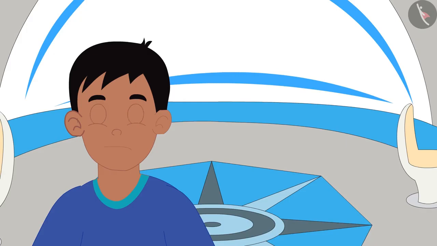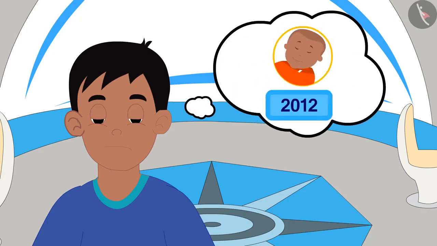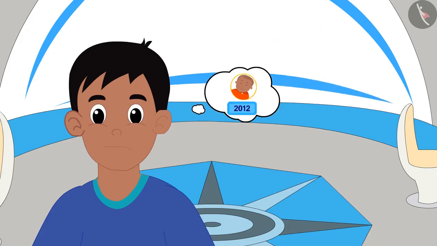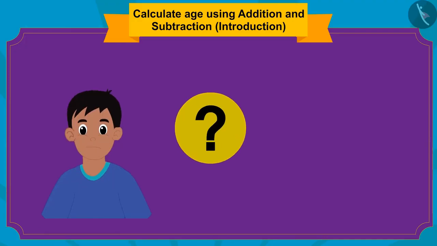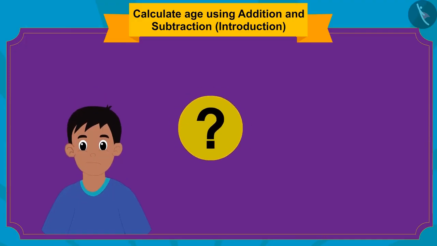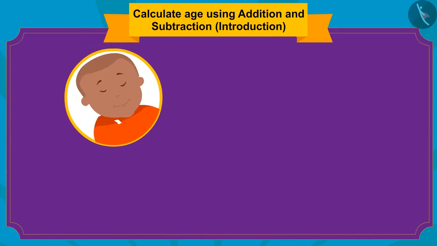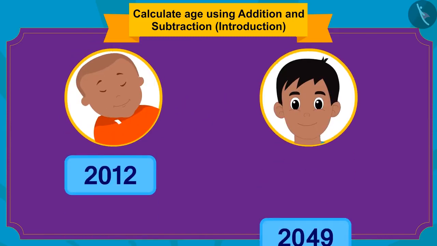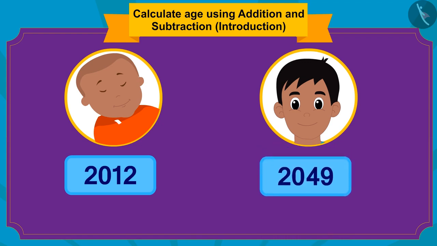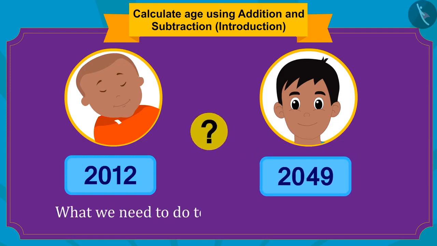Now Raju is thinking that he was born in the year 2012. So how old will he be in 2049? Children, can you find an answer to this question? Raju was born in 2012 and now they were in the year 2049. So what do we have to do to find out his age in